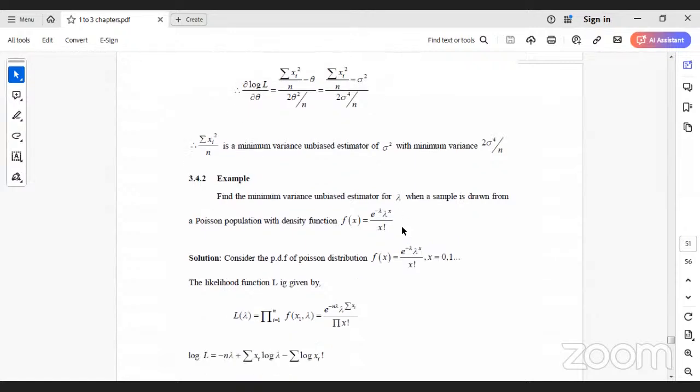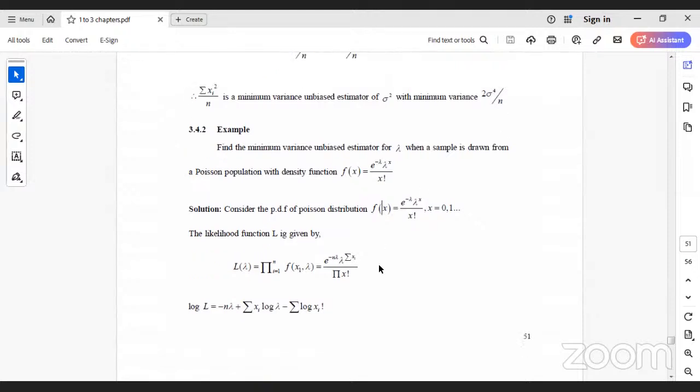So this is one of the examples here. Find the minimum variance unbiased estimator for lambda when the sample is drawn from a Poisson distribution with the density function e power minus lambda, lambda power x by x factorial, where x equals 0, 1, 2, 3, 4. The likelihood function L is given by